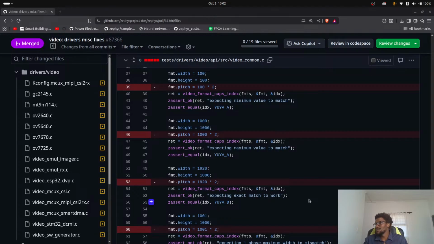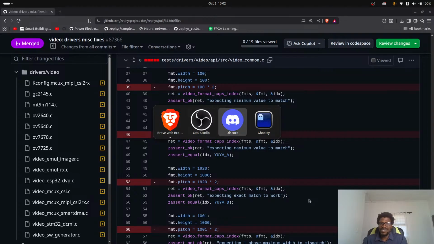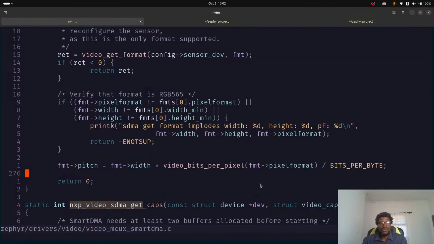So, what are we going to work on today? Today we're gonna go further and try and fix up our Zephyr issues. Yesterday, we kind of ended up finding out that this was the issue. This is why the capture sample was failing, and it was failing chiefly because the capture sample, or rather the video